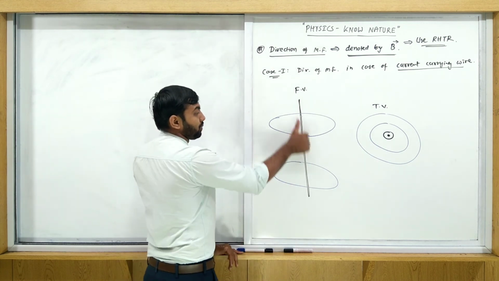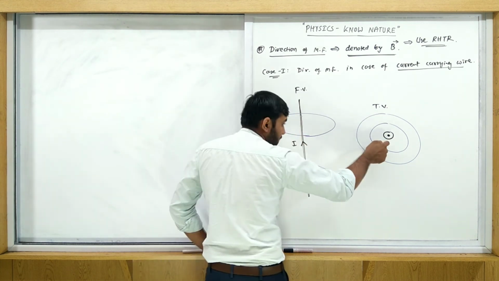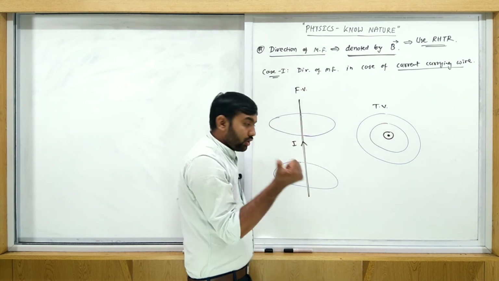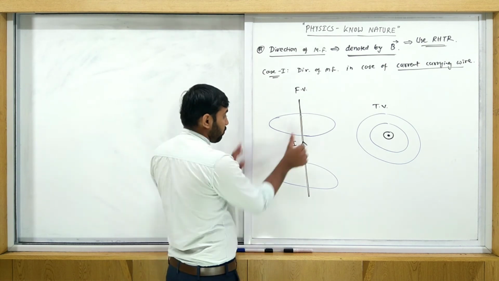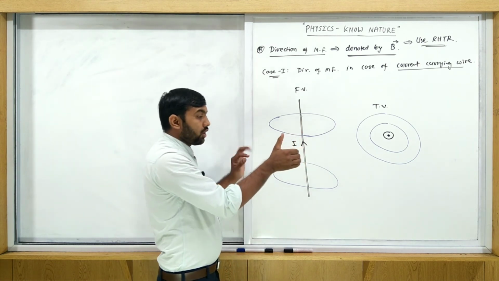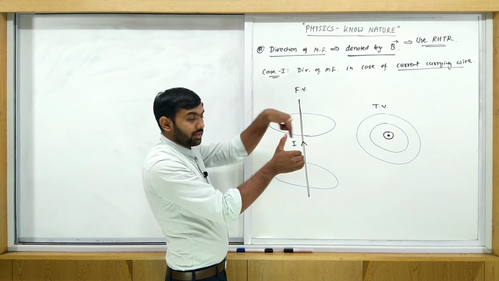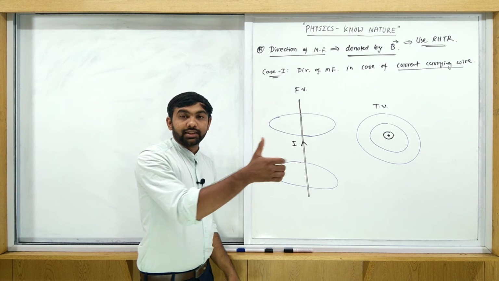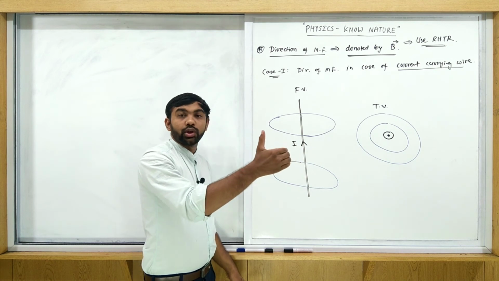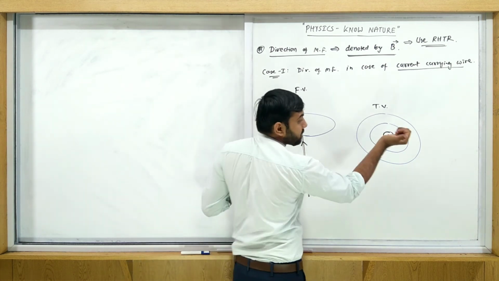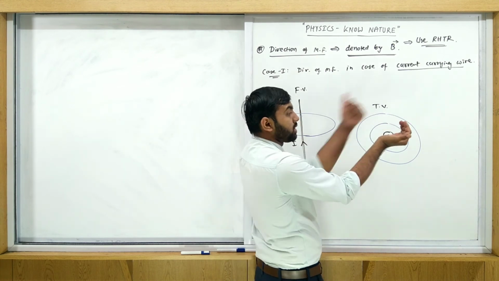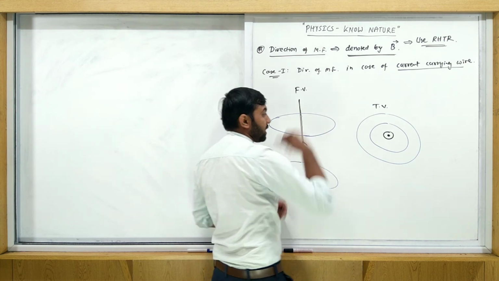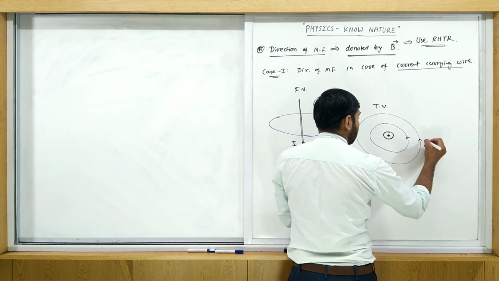So current is like this, upward right now. If you consider this figure, then current is coming out. Then arrange your thumb along the direction of current. So first step, okay, I arranged it like this. Where is your finger? Your curled finger is like this. You curl your finger in a circular form. So this is the current, and your curled finger goes like this. That is the direction of the magnetic field. Here, this is the direction of the magnetic field like this.